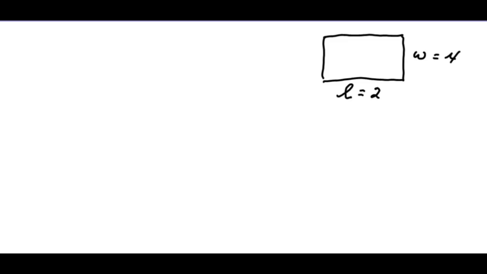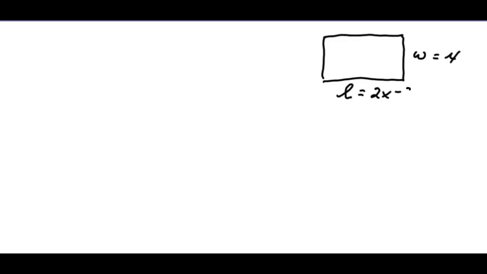So what I like to do is draw my rectangle. I have a width and I have a length. And it says about the length that it's 3 feet less than twice the width. So if I let the width equal x, then I know my length is 3 feet less than twice that,